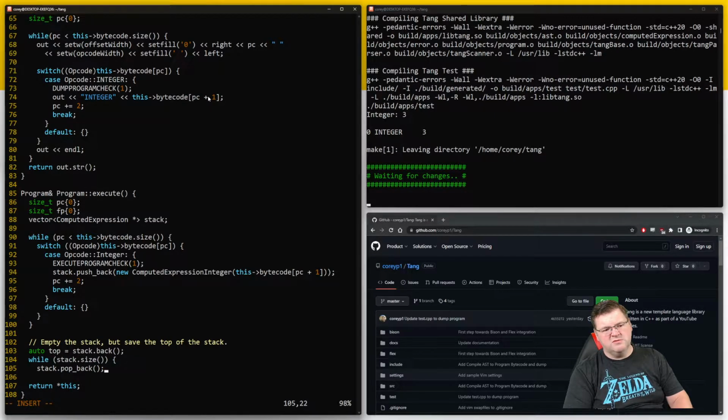That will, oh no, we need to delete everything. So I'm going to say stack.popBack. So this one is saved in top, and now everything else is going to say no,